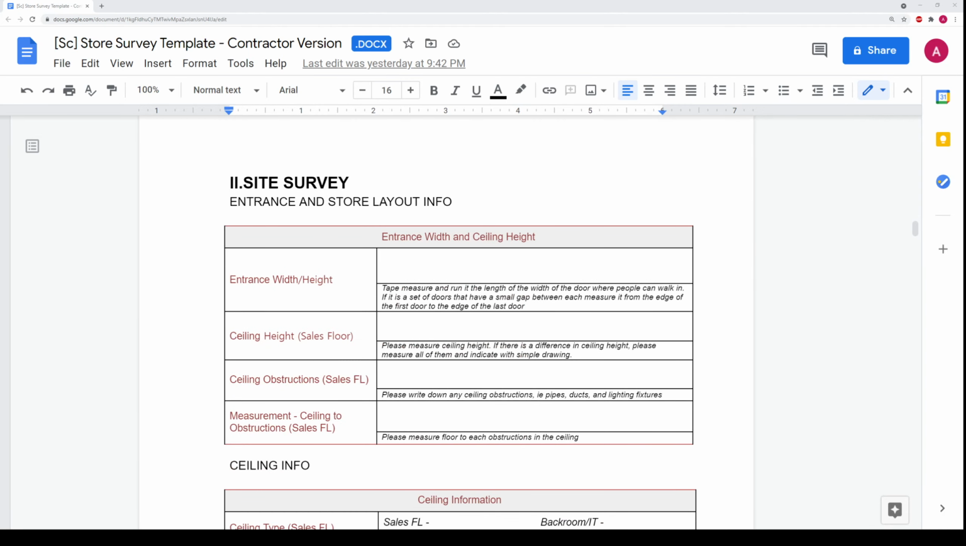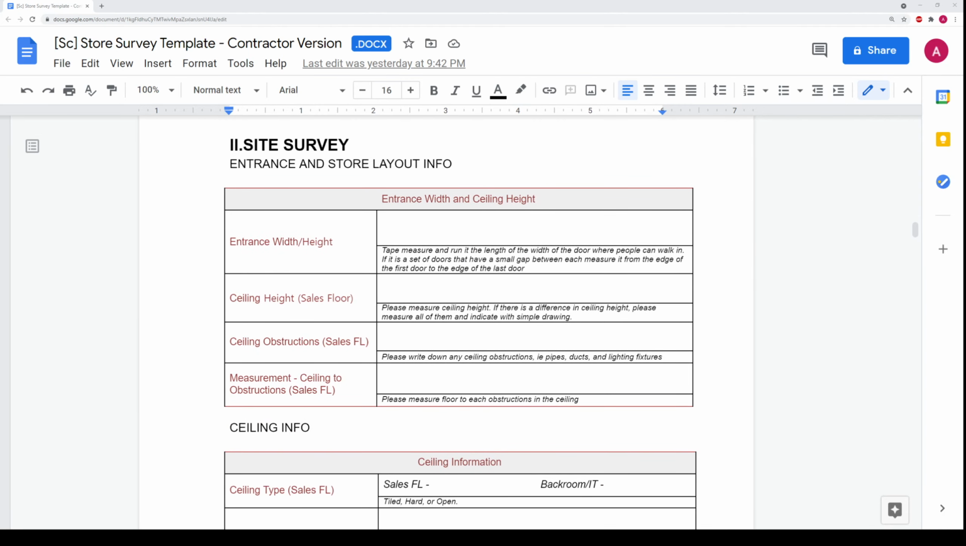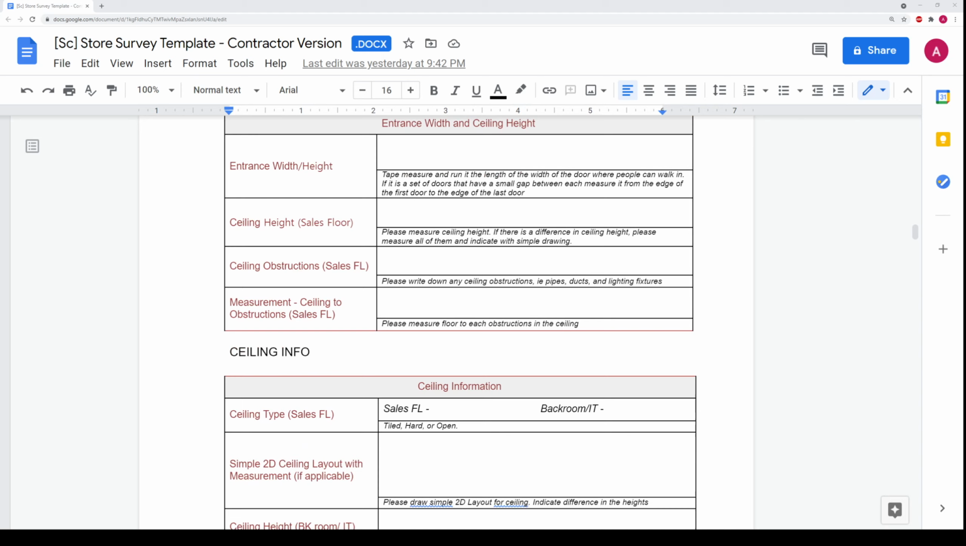So the site survey template itself, when we get onto site, we want to get the measurements of the entrance, the width and the height, measurements of the ceiling, and to list any ceiling obstructions. For this portion, you may not have to list it. Just taking pictures of any obstructions in the ceiling